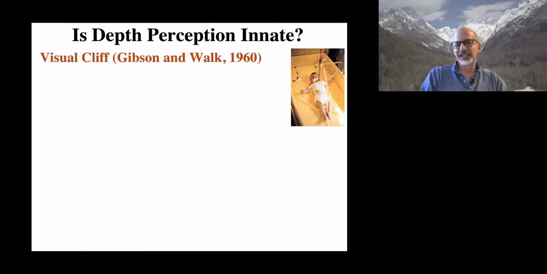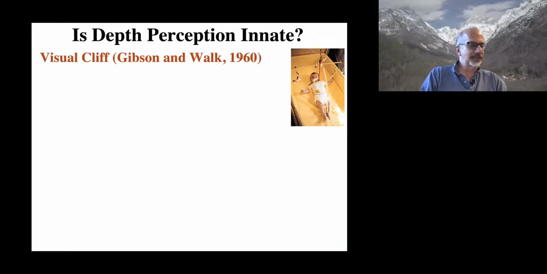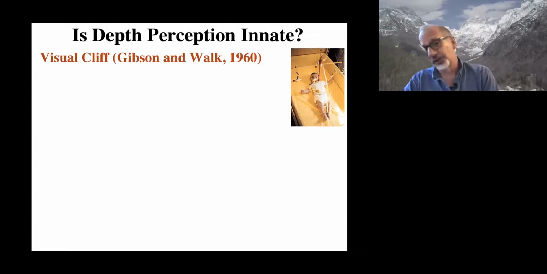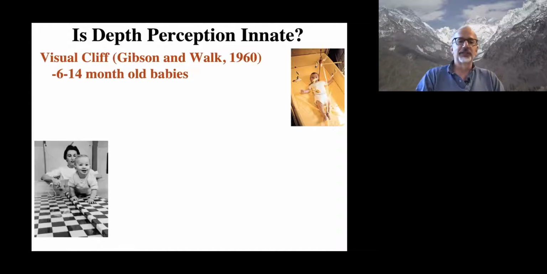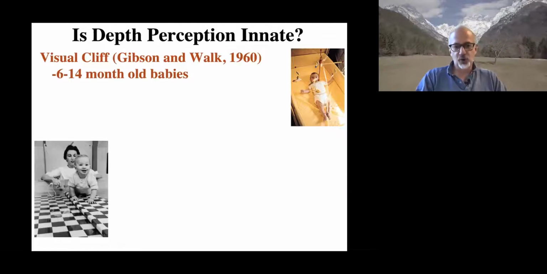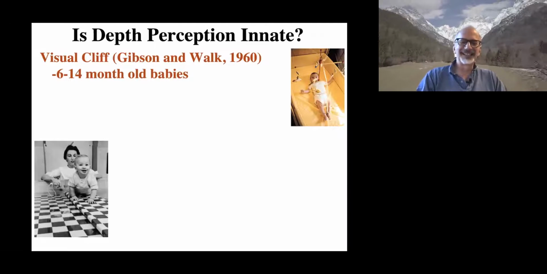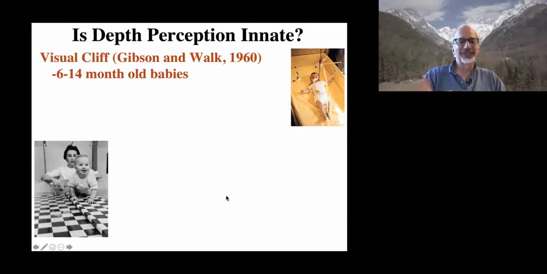And some classic experiments that were conducted by Gibson and Walk back at that time, having to do with an apparatus that you probably learned about before in other classes, your developmental class, your introductory class, called the visual cliff. And these were babies that were tested that could crawl. I should mention that